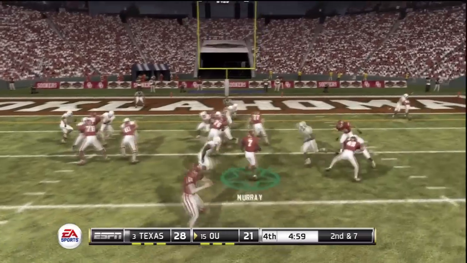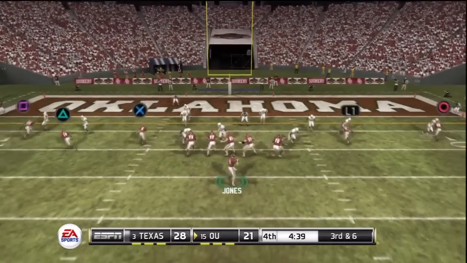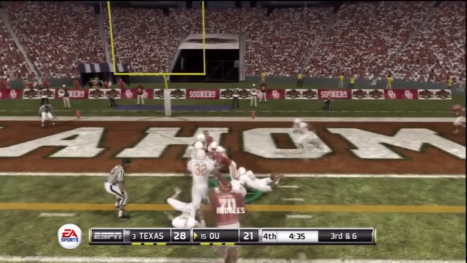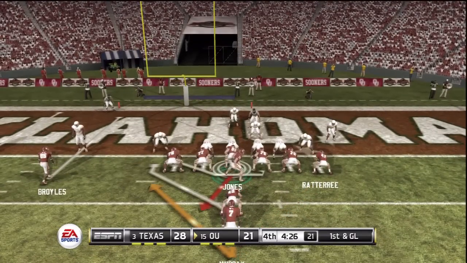We are into the 4th quarter now. I'm down by 7, so it's time to make a play. Here on 3rd and 6, I'd like to get something in the end zone. Find my man Broyles, who doesn't quite make it in, but he gets that first down,